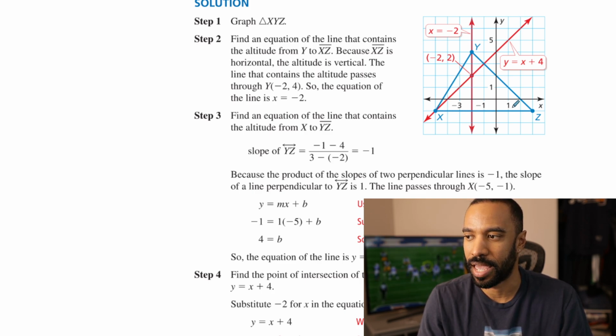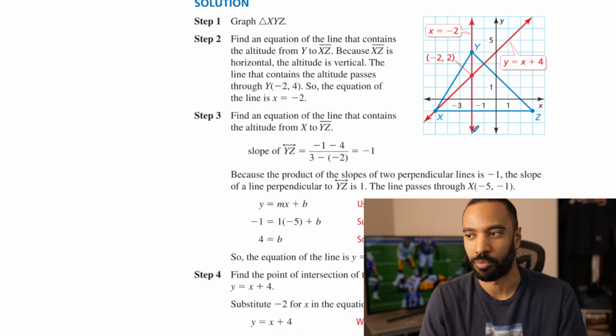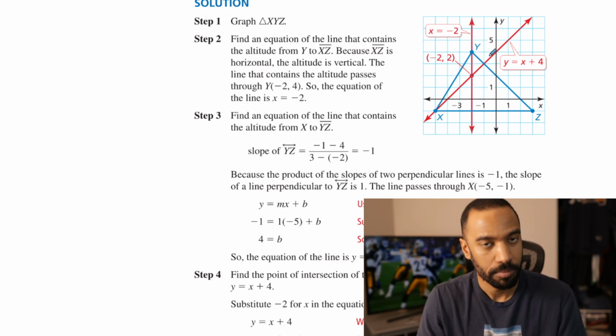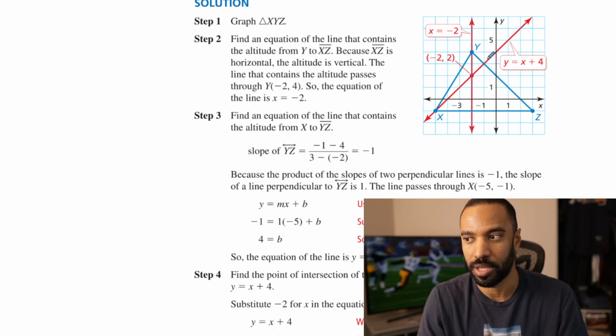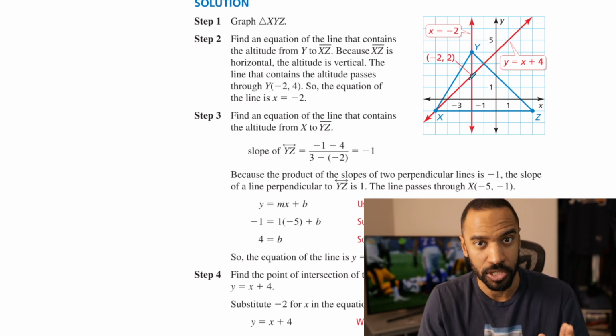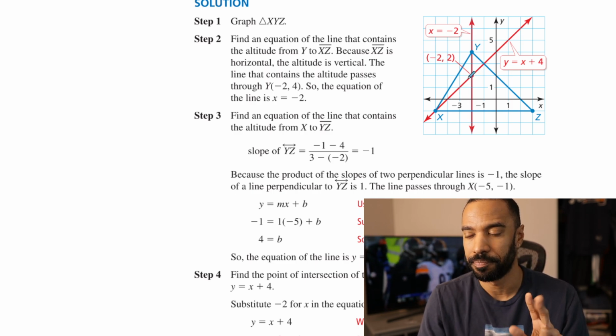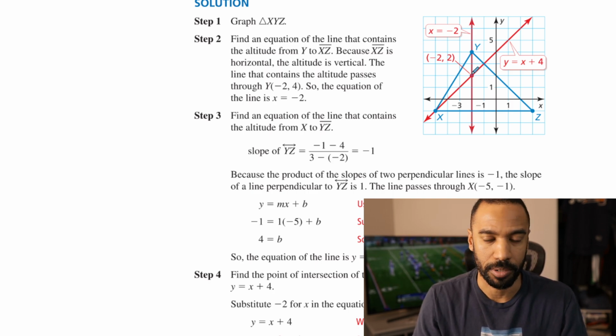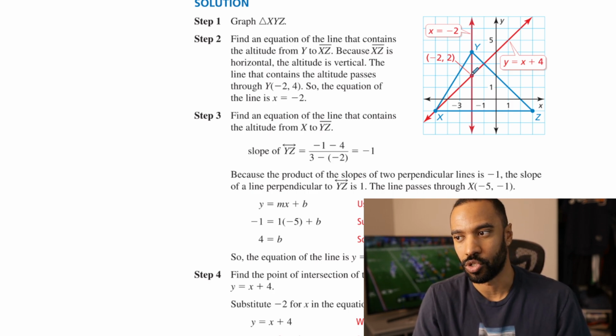And then over here, we have an XZ slope that's 0. Its opposite reciprocal should be undefined, a vertical line. So we draw a vertical line from Y through there as well. 2 lines should be enough to find that one point of intersection. Remember, it is concurrent, so any 2 should be fine. It's not like a 2/3 relationship this time, so the orthocenter is right there if you draw it correctly at